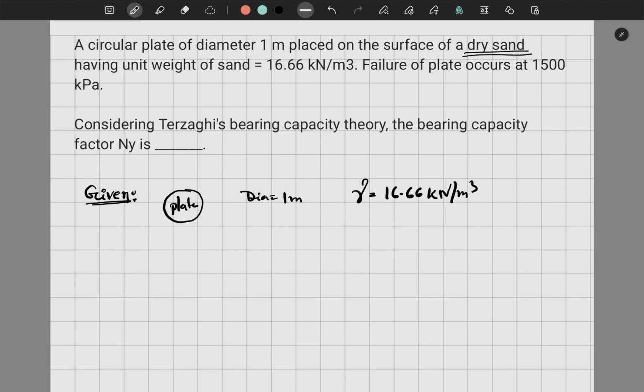And the failure of the plate occurs at Q failure equal to 1500 kilopascal. Now what they are looking for is, considering Terzaghi's bearing capacity theory, the bearing factor N gamma. In a circular plate, what we know is QU equal to,